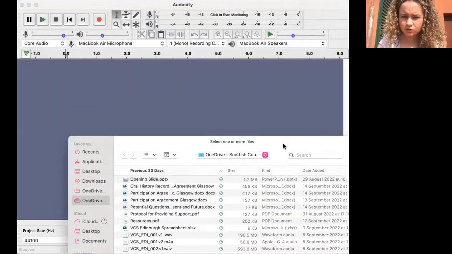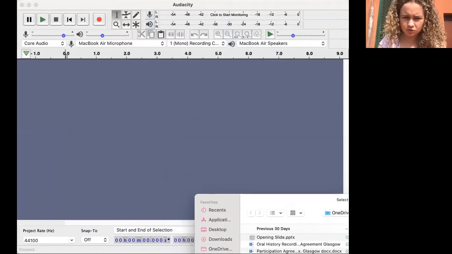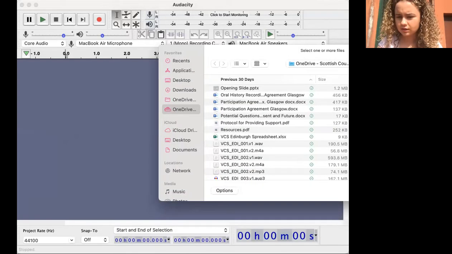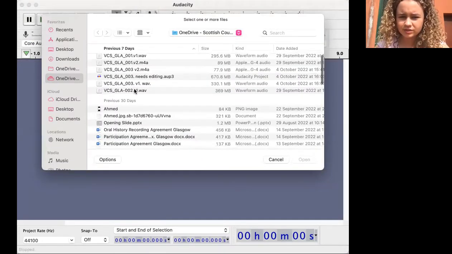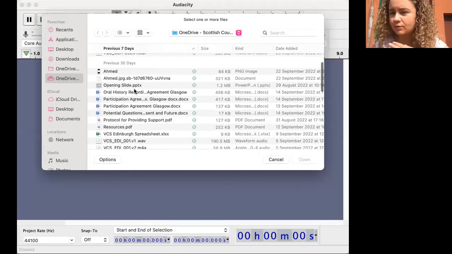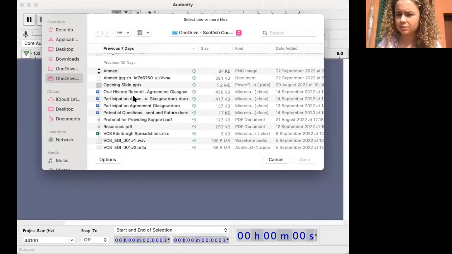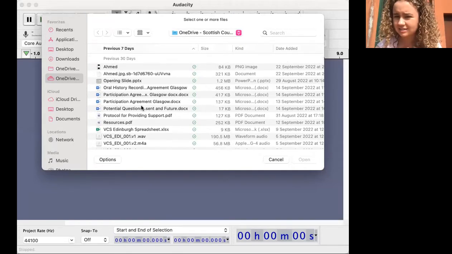like so. Okay, so when you first open Audacity, this is what you should see. Just a blank slate where you can import your audio. So I'm just going to cancel this, and I'm going to say File, Import Audio, and then this will come up. So ignore this. I'm going to scroll down to the example that I'm going to be using today just to show you. I'm going to be using Fernanda's interview, which is currently on the website for you all to have